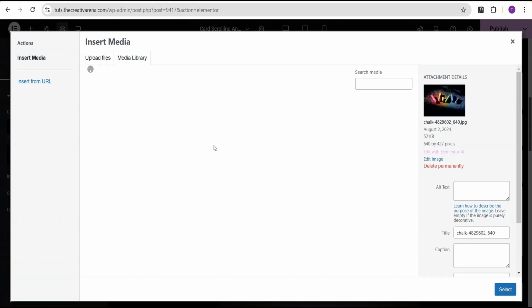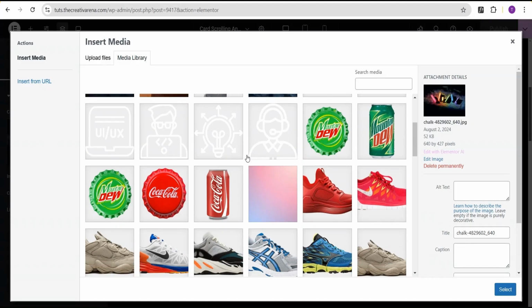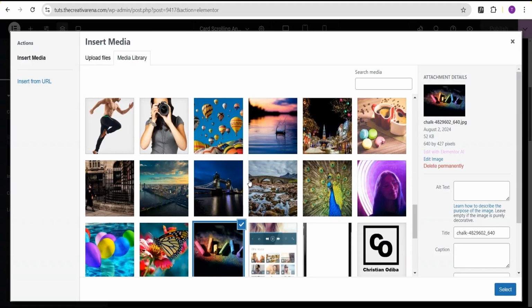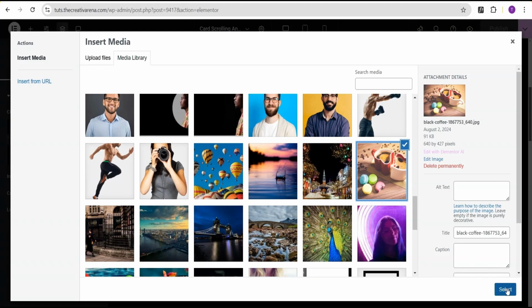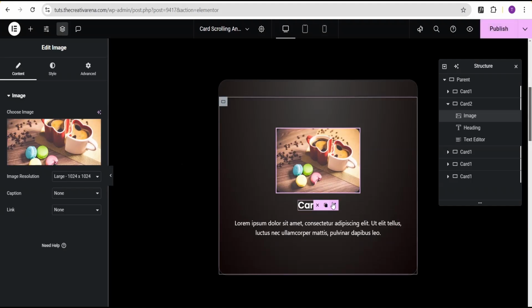Come over to our media library, and then I'm going to select an image from our media library. Let's say we select any of these images. Let's select this image here. And then we come over here